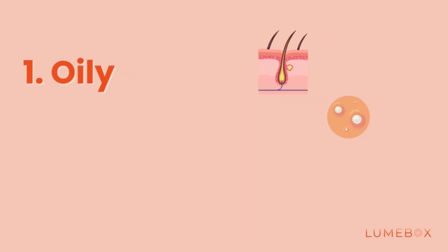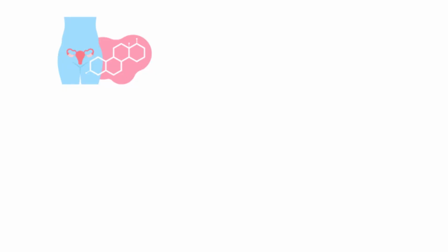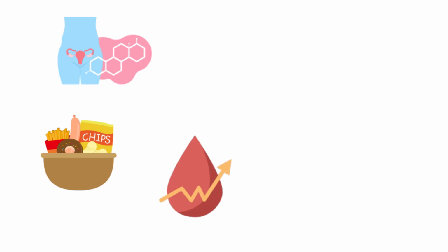Number one, excess oil production in our pores. This is known as sebum, and this is actually a good thing that protects our skin and builds a healthy skin barrier. But when there's too much of it, it can start to block our pores. Things that can trigger excess oil production from the glands in our skin are things like hormones, especially testosterone, and high refined sugars in our diet, so things like donuts and sugary drinks, sodas, which trigger a high insulin level,